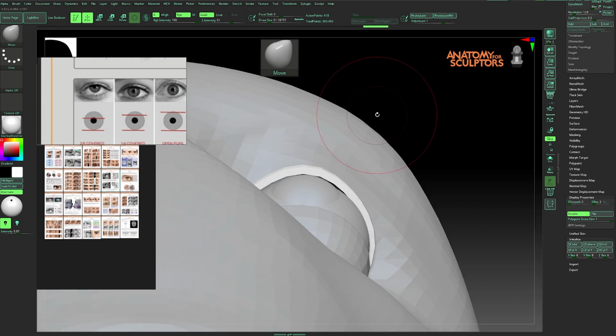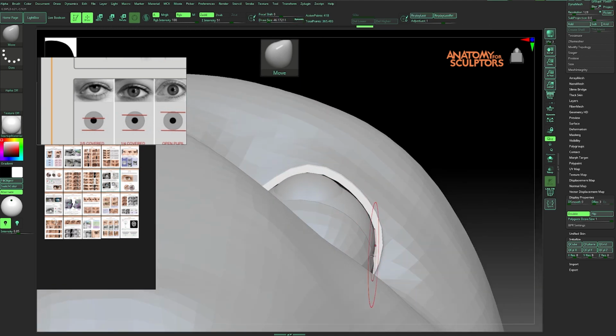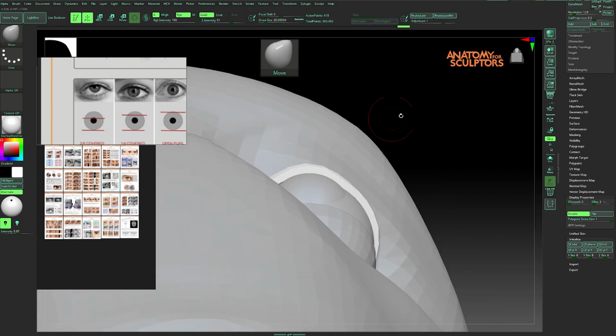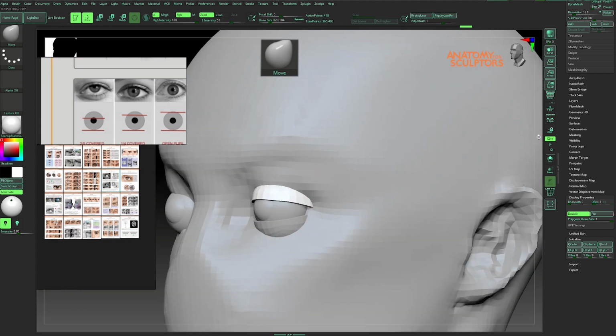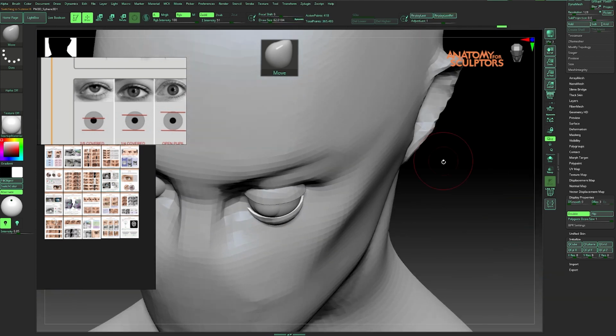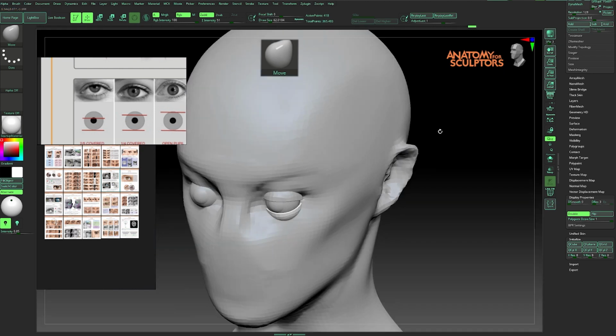Now, from the bottom view, shape the upper eyelid so it takes the form of the eye. Remember that the eyeballs have a bump that is created by the cornea, so the eyelids will take that shape too. And make sure to keep the eyelids' thickness the same in all areas. They don't get thinner in the corners. And for the lower eyelids, make sure to adjust them the same way, but in the top view.